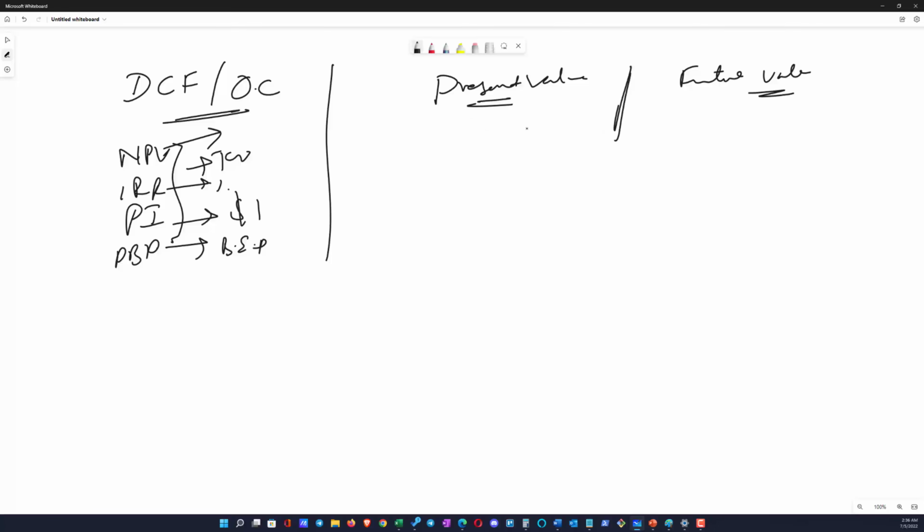Why I'm telling you these concepts are important is because once you understand what they mean, then I'll show you how to tie these up together to get to the capital budgeting techniques and get to the calculations. Present value or future value. Let me tell you. Let's say you have